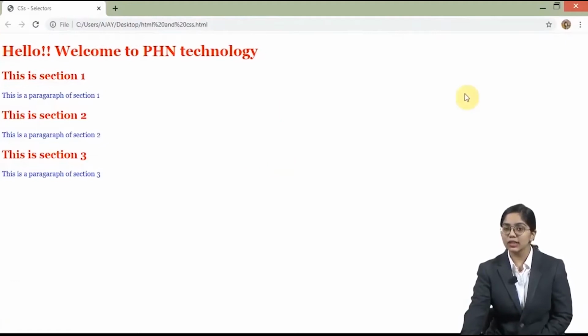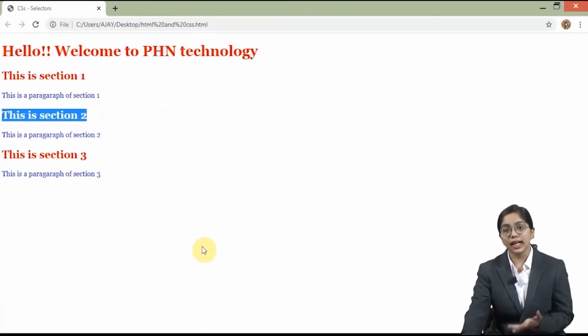Now, this is what we have created, a web page, okay. Now, I have three sections in here. If I want three headings of this section, every section's heading should be different from the other. Can I do that? Yes, obviously I can do that using inline. But what if I want to do the styling using internal and external, okay? Because that makes it easy, okay. So how can I do that? I cannot do that using my element selector, right? Nor the grouping selector. So here is where class and ID are used.